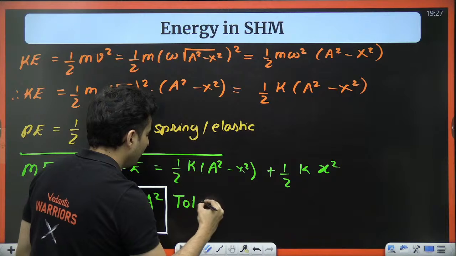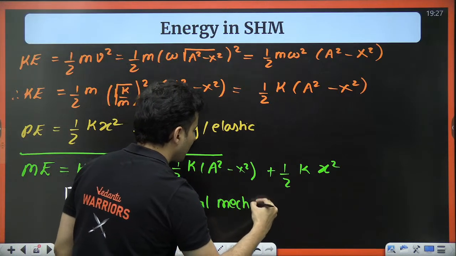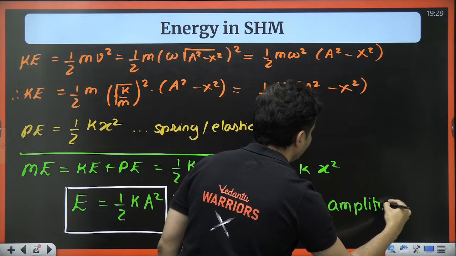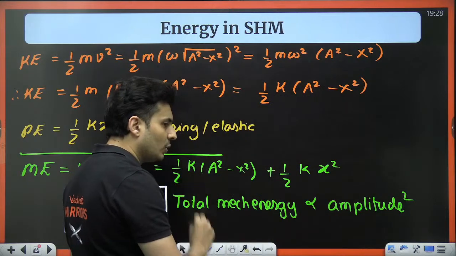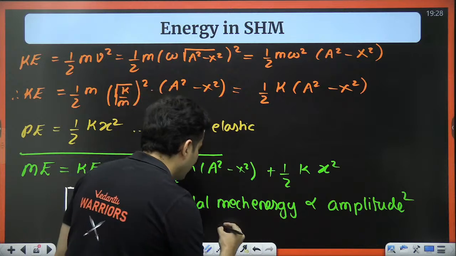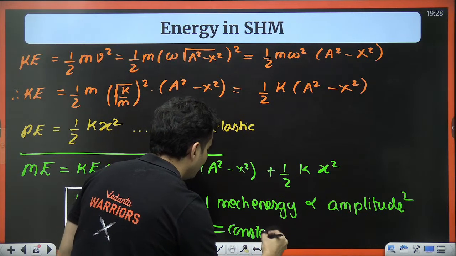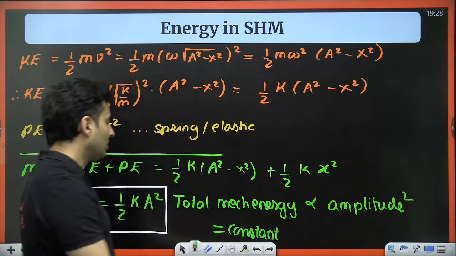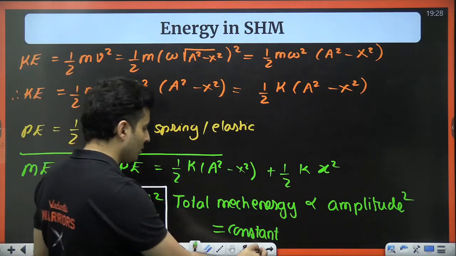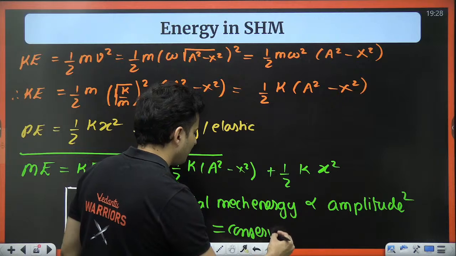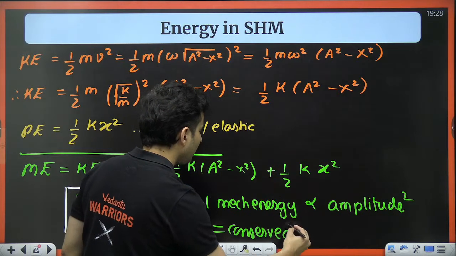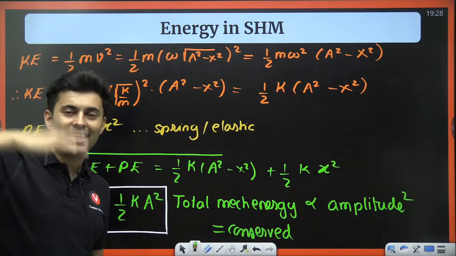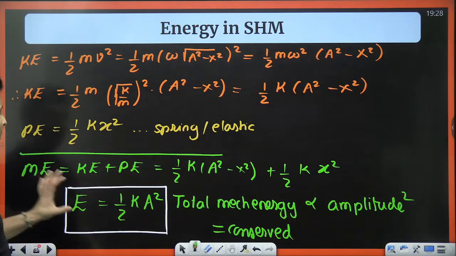So this becomes your formula for total mechanical energy, and the total mechanical energy is directly proportional to the amplitude square. Not just that, you can see this will always be a constant with time. As time progresses, it is not going to change. It's going to be conserved. If you don't want to use the word constant, I can say it is conserved. It will remain the same. If kinetic energy increases, potential energy decreases. Potential energy increases, kinetic energy decreases. They will add up to be a constant.